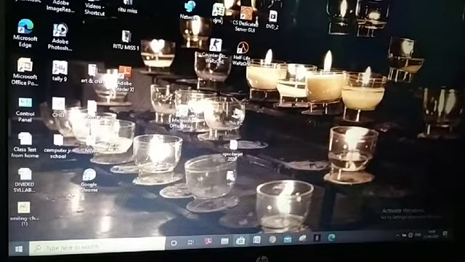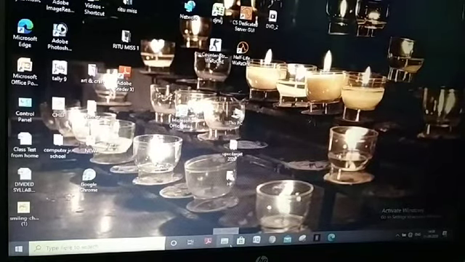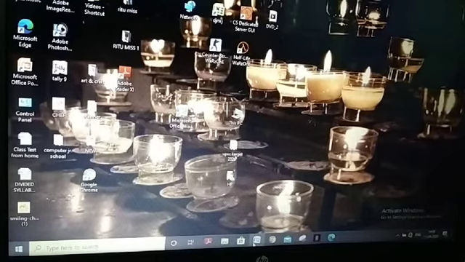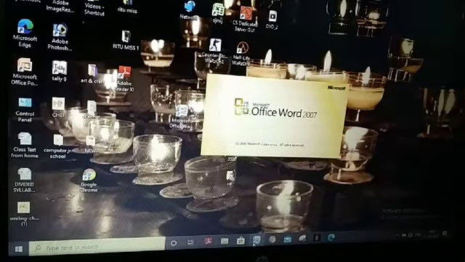Now children, this is the quick launch bar. The quick launch bar helps to start programs quickly. Frequently used programs, suppose this one, the MS Word program. Every day I need to do some typing work on the computer, so I kept it in the taskbar. When I click on it, it immediately opens my MS Word program.